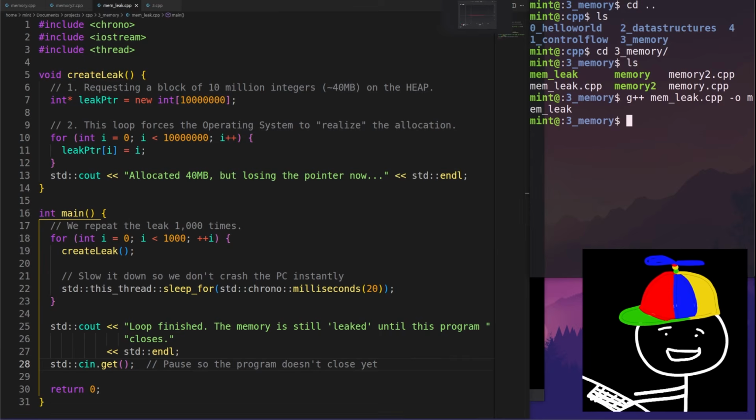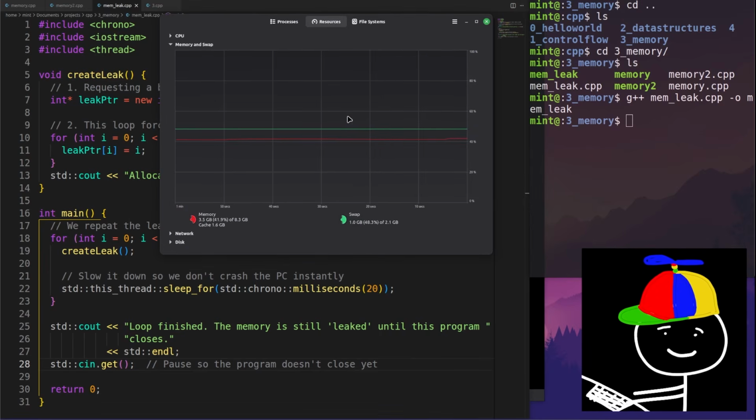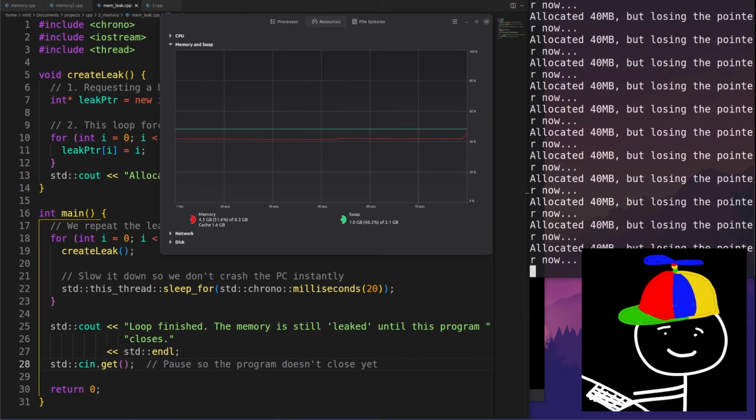and then I will open up our system monitor. The system monitor is just showing the usage of RAM, or memory, on my machine. Right now there's about 3.5 gigabytes out of 8.3 gigabytes being used. As soon as we run this program, we should see that the memory usage will start spiking up. So we see this red line, and we can see that the usage of memory is going up quite quickly. It looks like it kind of topped out, but as soon as I terminate this program,